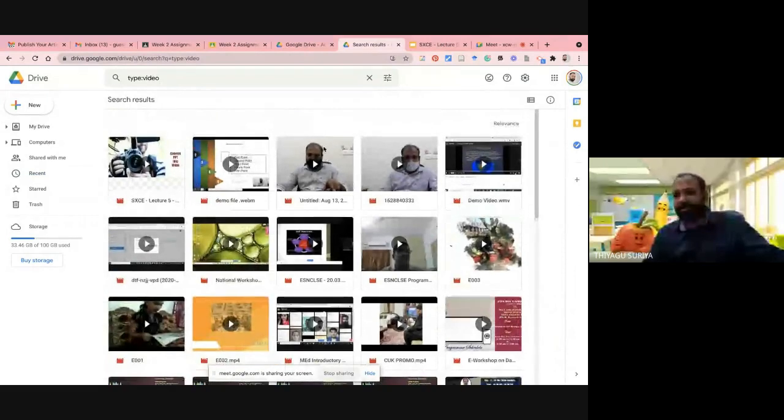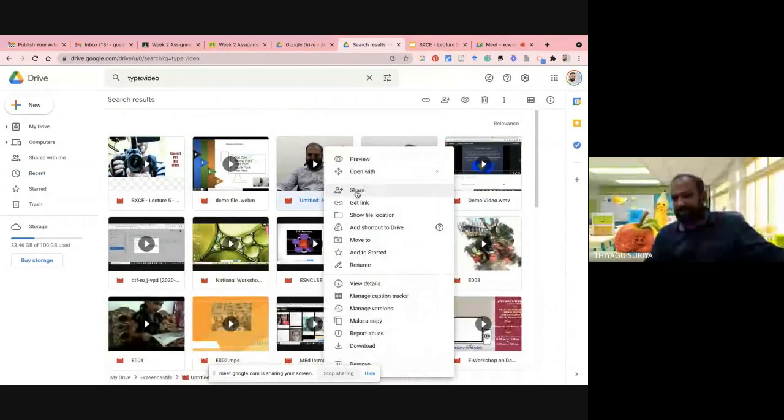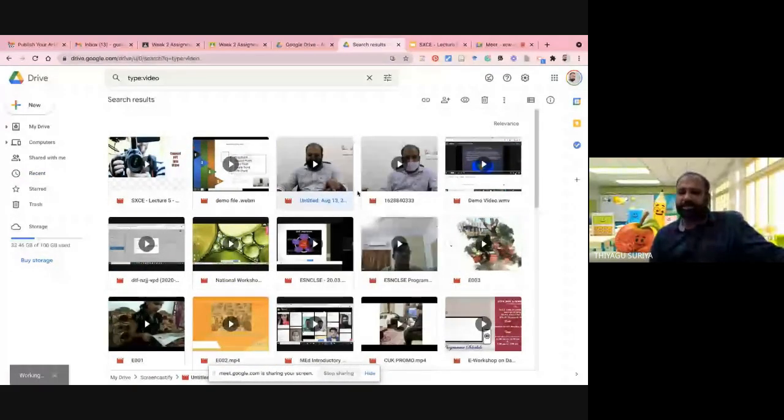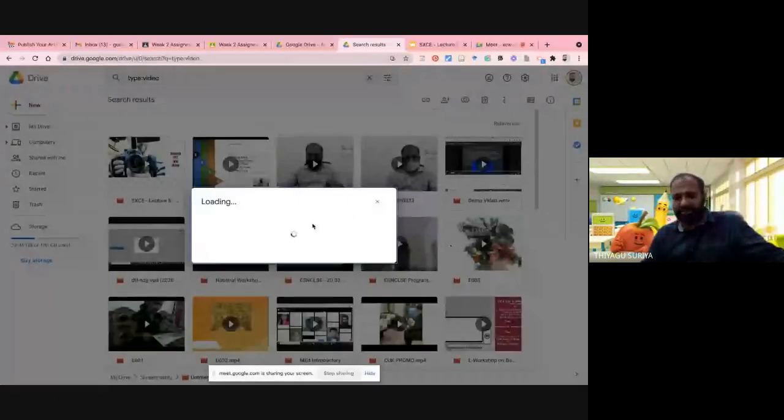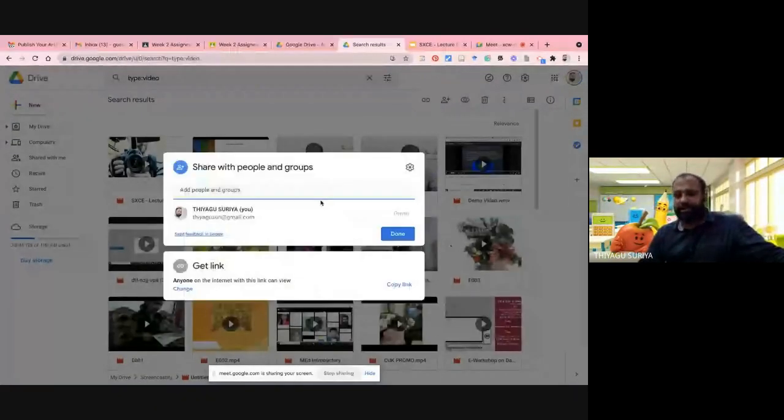You can go to the right click. There is an option called share. Once you press the share, you are finding options like share to the people. And down, you are finding the option called get the link. Kindly change it to anyone with the link can view it. Otherwise, if you're sharing also, I cannot view this content. Please kindly check whether this particular area is enabled.